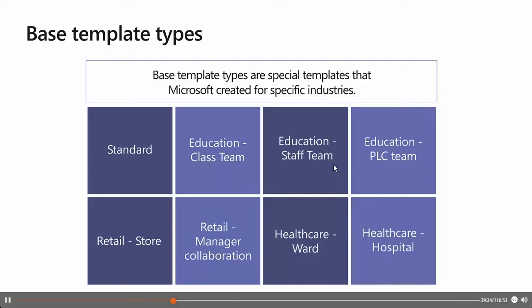To give you a bit of insight into these specific templates: for example, the properties of the class education topic. On the app side, we have a OneNote Class Notebook that is pinned to the general tab. It has an Assignments app that is pinned to the general tab. It has specific team properties, like the team visibility is set to hidden membership and this cannot be overwritten. For the education staff team, on the app side we have a OneNote Staff Notebook that is directly pinned to the general tab.